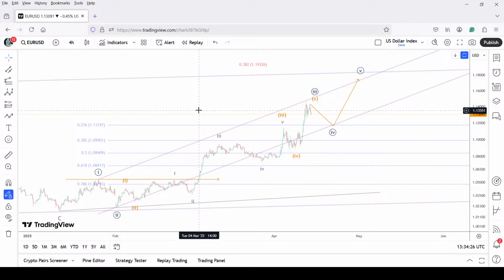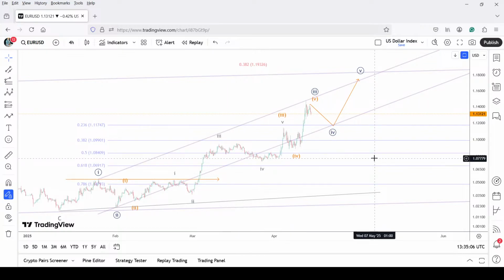So the trend still remains on the north side. We're still one more high away. Projection for that particular high is towards 1.19 if everything goes right. Till now, price action has unfolded into three waves, where the third wave was extended at a minute degree. Within that, the minute wave 3 also got extended, as you can see, with the sub-minute wave 5, or 5 waves at the sub-minute degree, unfolding here.